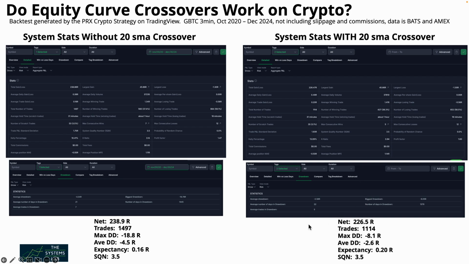So do equity curve crossovers work on crypto trading systems? On this system, we see yes, it definitely does. And the advantage that we see is a big reduction in maximum drawdown, and it only costs us a very little bit in net R. So for me, I really like to see this. It gives me the sense that this system would be much easier to trade psychologically speaking because the maximum drawdown would be smaller, the average drawdown would be smaller, the expectancy would be higher. We still have an excellent net